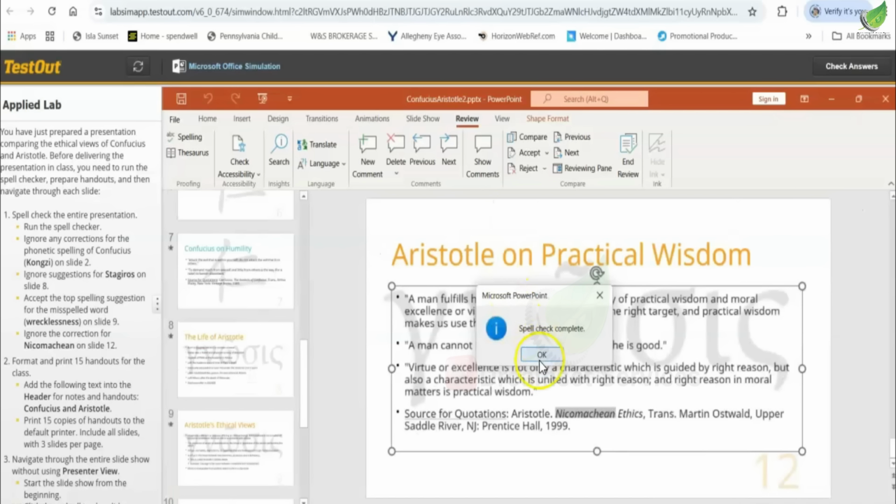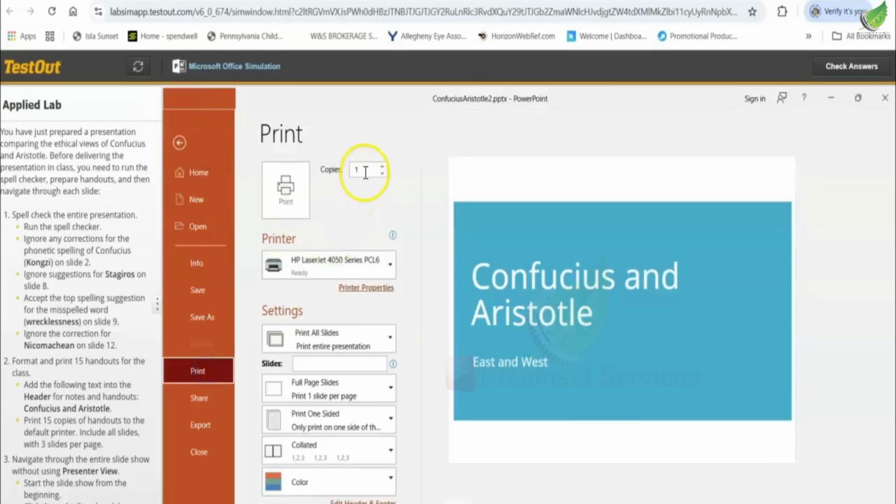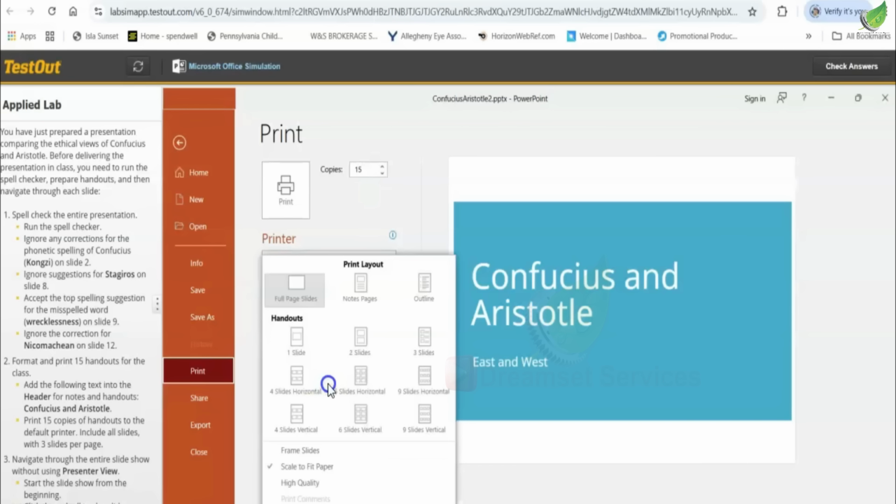We're going to format and print 15 handouts for the class. So I'm going to go File, Print. I'm going to change this to 15. And we want to print out handouts. So our handouts, we're going to do 3 slides per page,